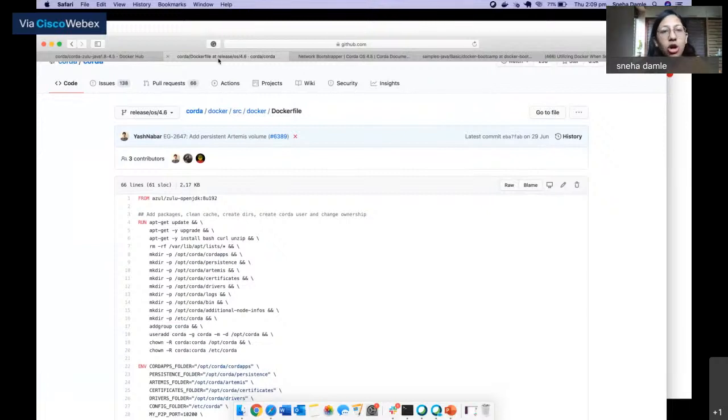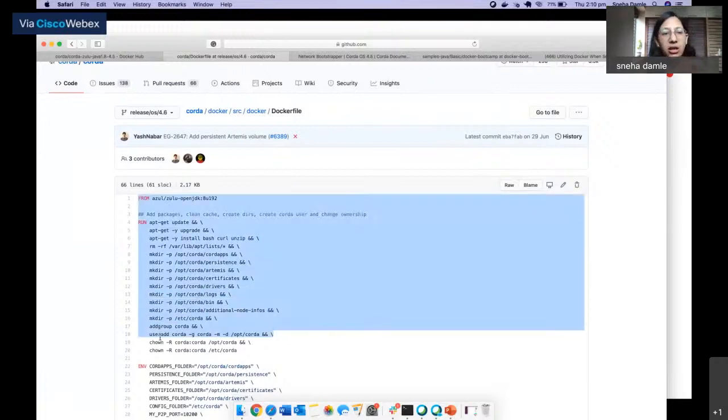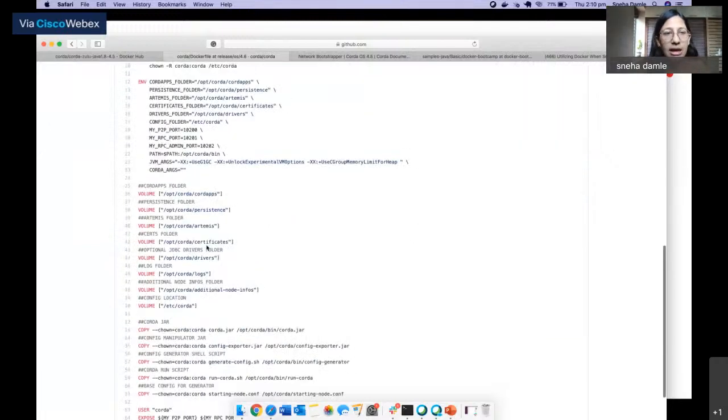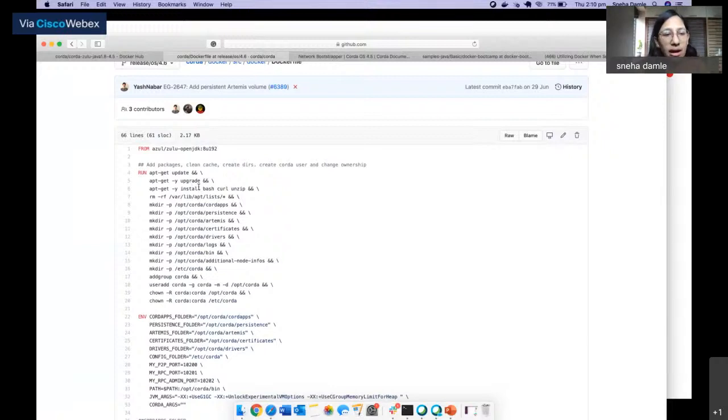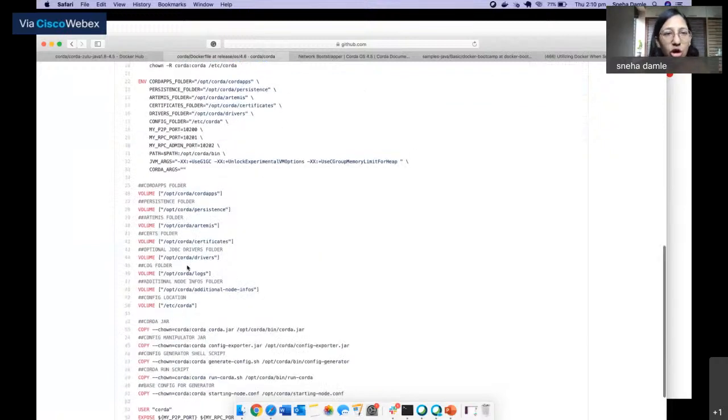Whenever we start off Docker and whenever we deploy this particular image on a container, the Docker file will send each and every command to the Docker engine. And the Docker engine will execute each and every command serially from top to bottom. Okay, let's check what exactly we have written in the Docker file.